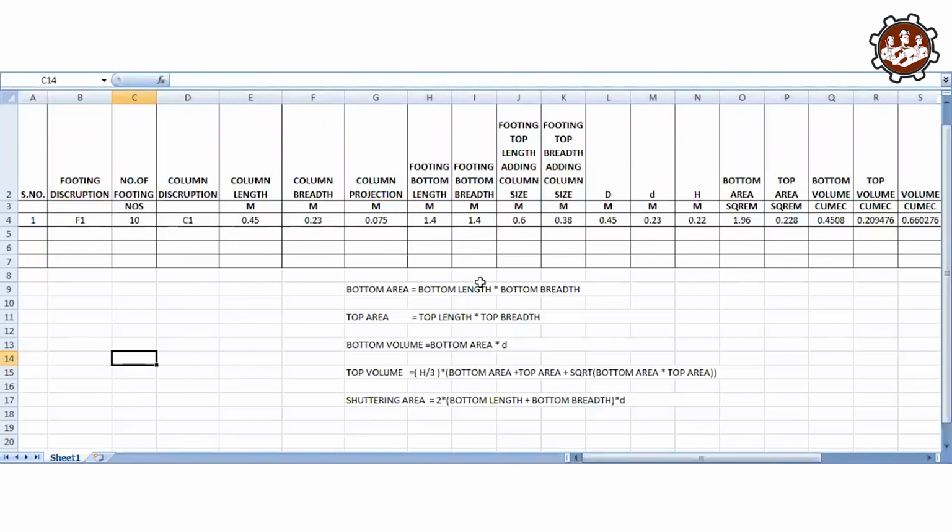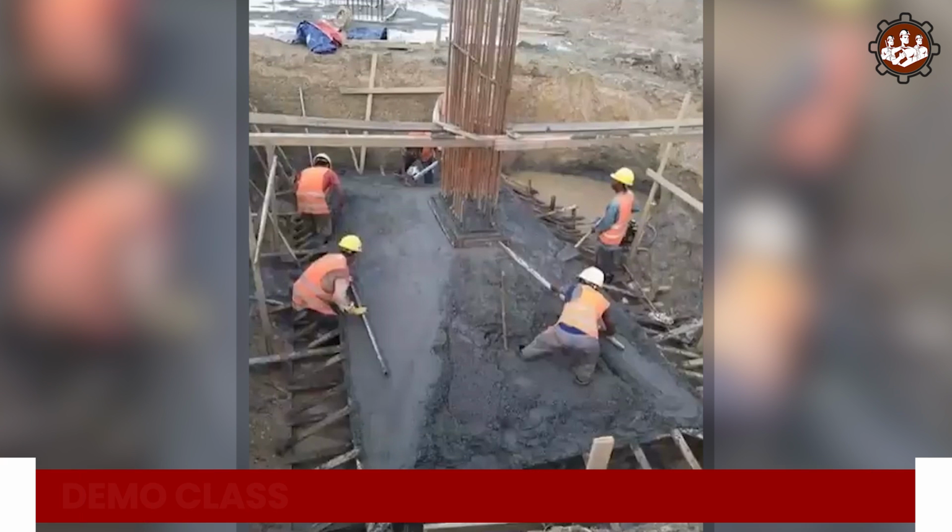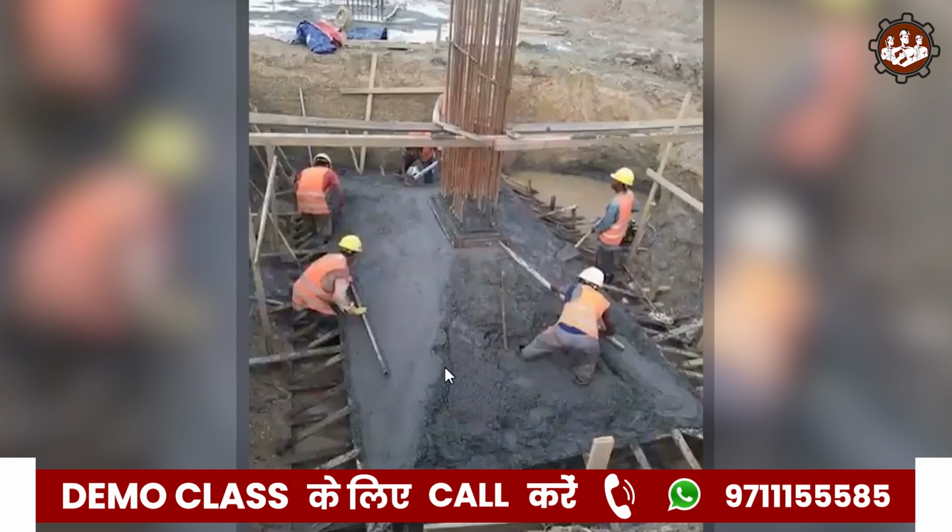quantity of cement, sand, और एग्रीगेट। किसी भी फुटिंग को कास्ट करने में कितना कंक्रीट लगेगा ये डिपेंड करता है कि इस फुटिंग का वॉल्यूम कितना है। ओके, सेम किसी भी फुटिंग को कास्ट करने में उसमें कितना शटरिंग लगेगा ये डिपेंड करता है कि उसका सरफेस एरिया कितना है। तो आप देख सकते हैं इस पिक्चर में, ये आइसोलेटेड फुटिंग है, इसको हम 2 पार्ट में डिवाइड कर सकते हैं।